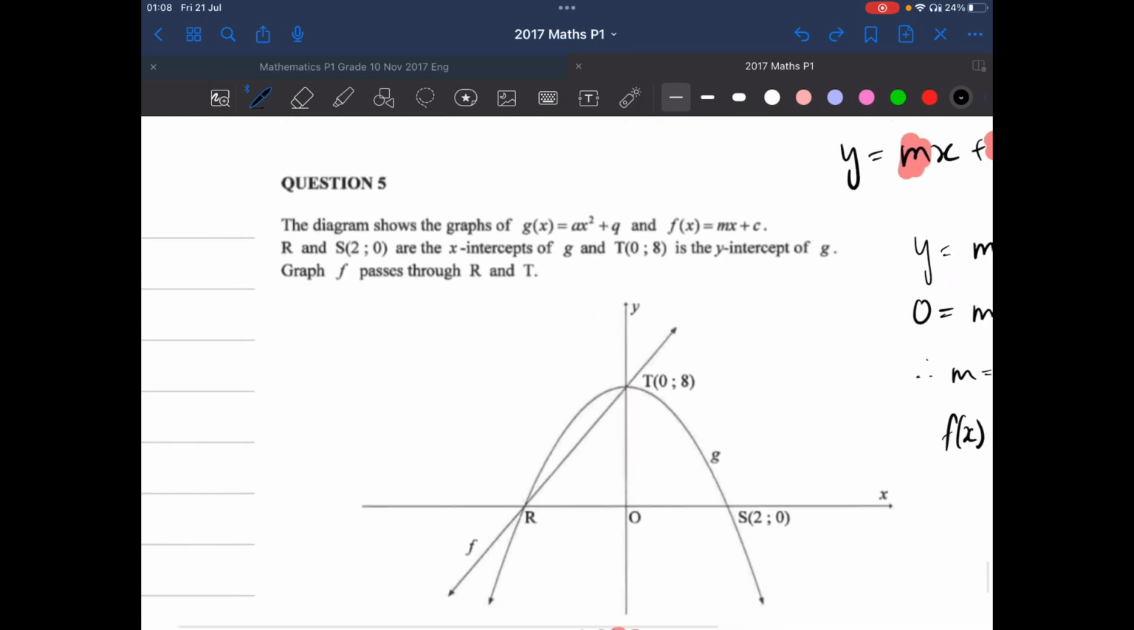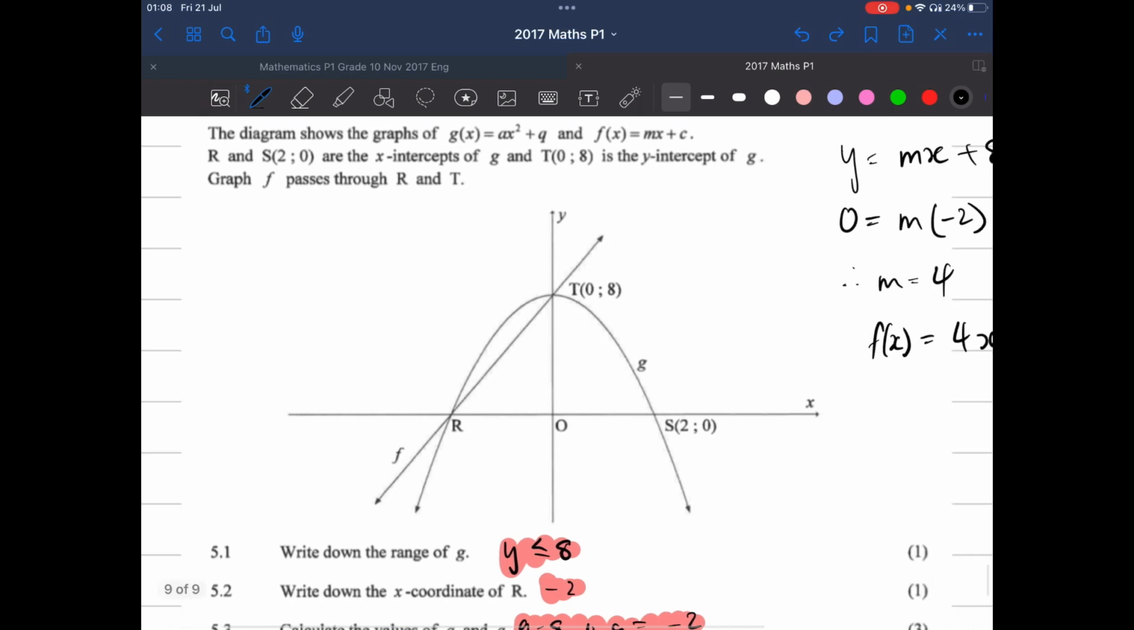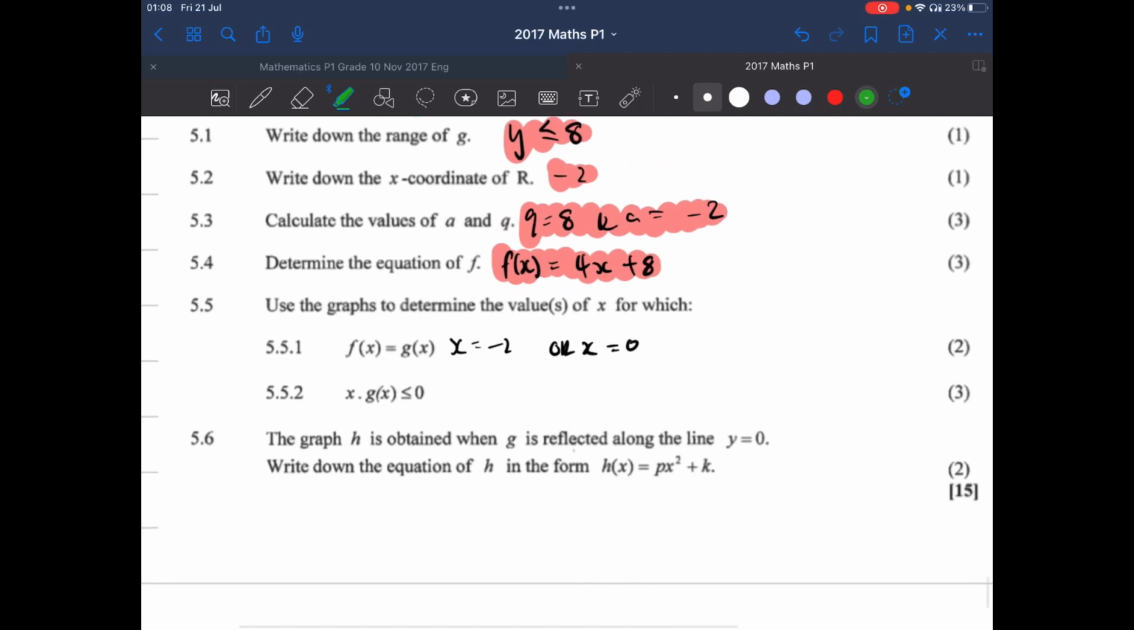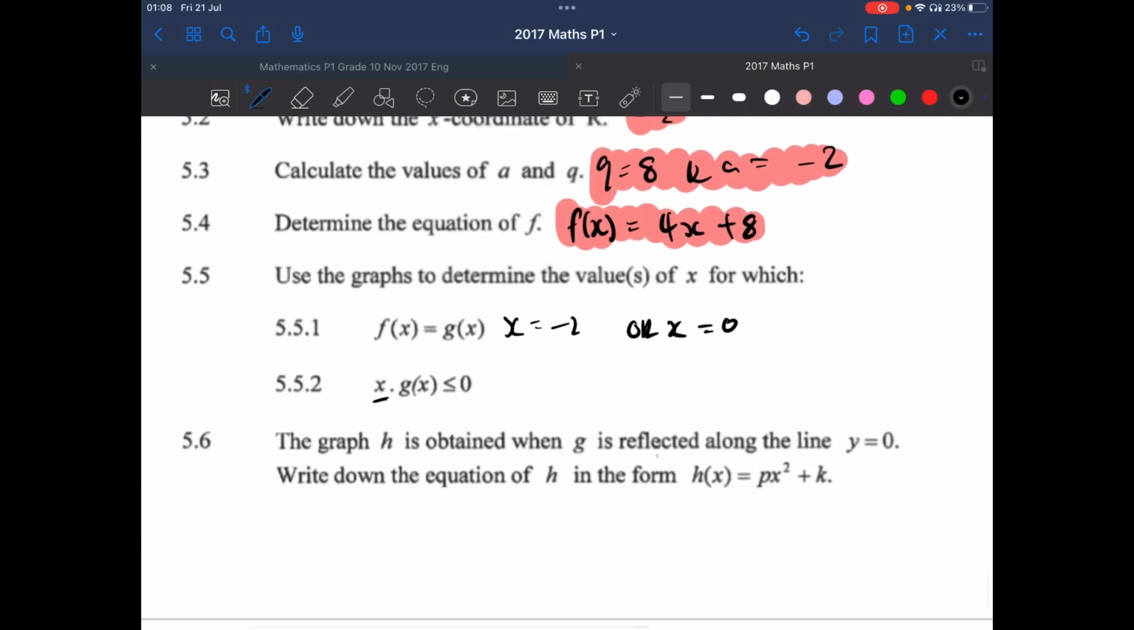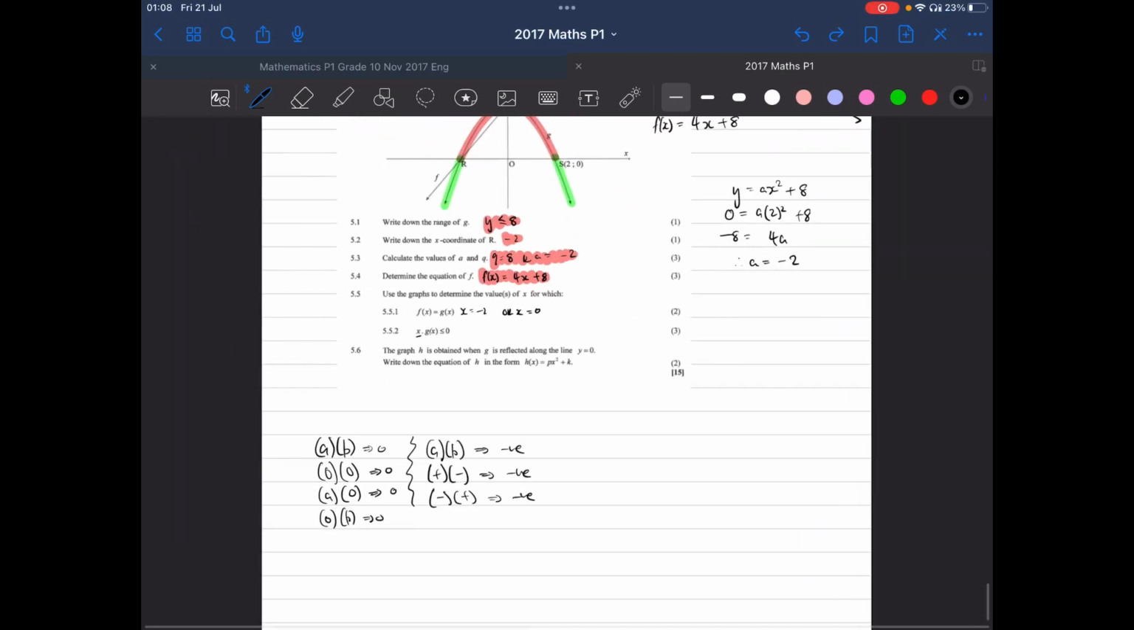So g of x is our parabola. And the parabola is positive from this point till that point. Let me highlight that. It's positive from here to here. And it's negative from this way downwards and from that way downwards. So let's see what the question is asking for again. When we multiply x and the value of g of x, we must get something either negative or something that